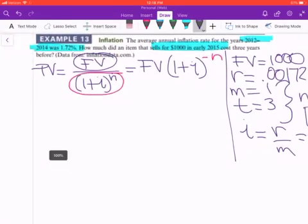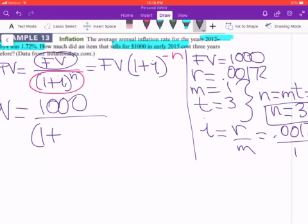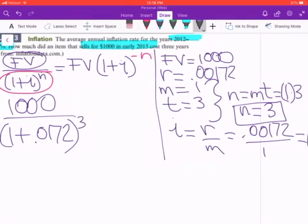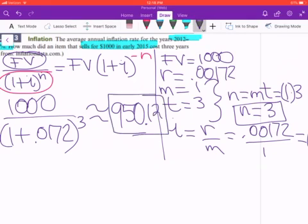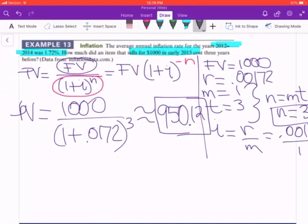So if we enter all of that into our formula, or substitute 1,000 for future value divided by 1 plus 0.0172 to the power 3, and we will get $950 with 12 cents. And that will be the answer to the question. So for an item that in 2015 was 1,000